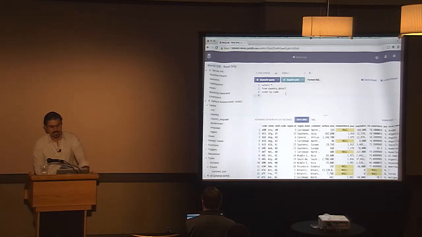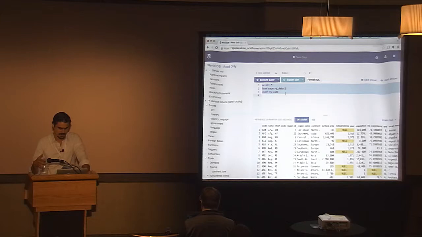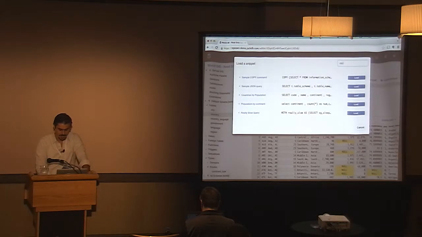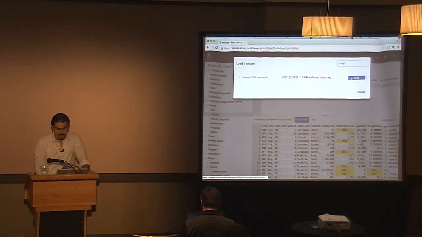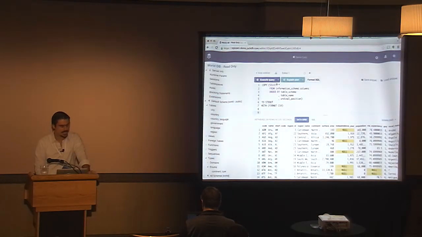Postgres itself, besides all these great features, is a really great database with a lot of Postgres-specific features that we like, and one of them, for example, is copy. So traditionally, running a copy from, just getting something to a CSV file, is actually kind of a pain, and copy is the best way of getting data out of Postgres.